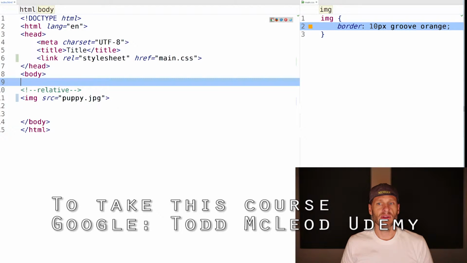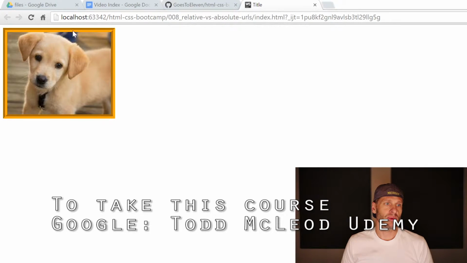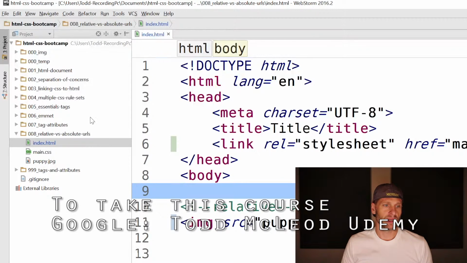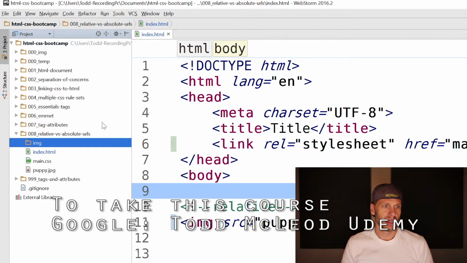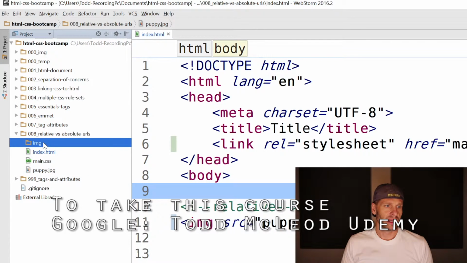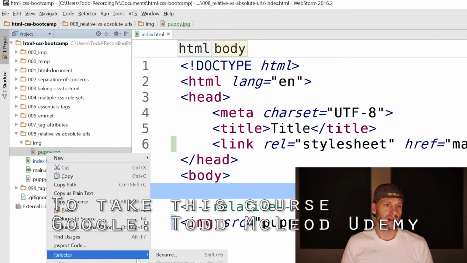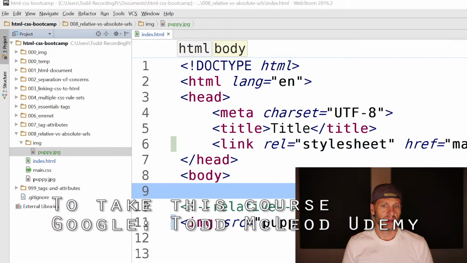So now when I preview this file, I see the dog, and it's got a border around it. Nice. Everything's working as planned. Well, what if I had another folder, and this folder was IMG, and I wanted to put the puppy in there? I'm going to do Control-C and then Control-V and drop the puppy file also in there. So the puppy file is also in here, and instead of puppy, I'm going to refactor, rename, and call it